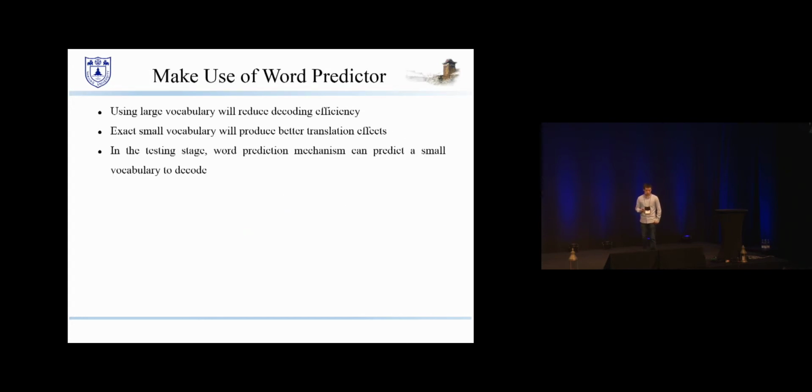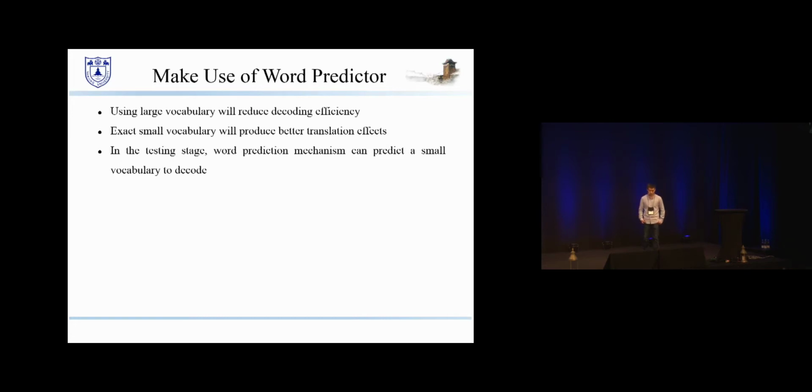Besides using the word prediction to improve the training performance, we also thought about another benefit of the predictors. Because large vocabulary size is one factor slowing down the testing efficiency of NMT systems, a natural thought is that the predictor could be used to reduce the size of the vocabulary. If we can extract a small exact vocabulary for each source sentence, the efficiency of decoding will be improved.